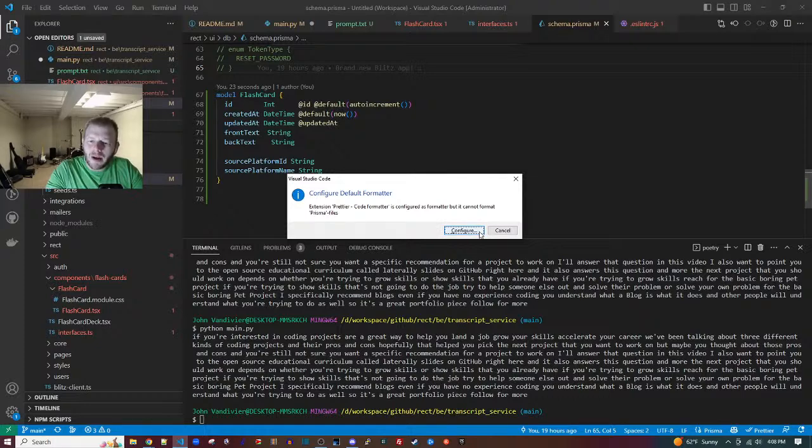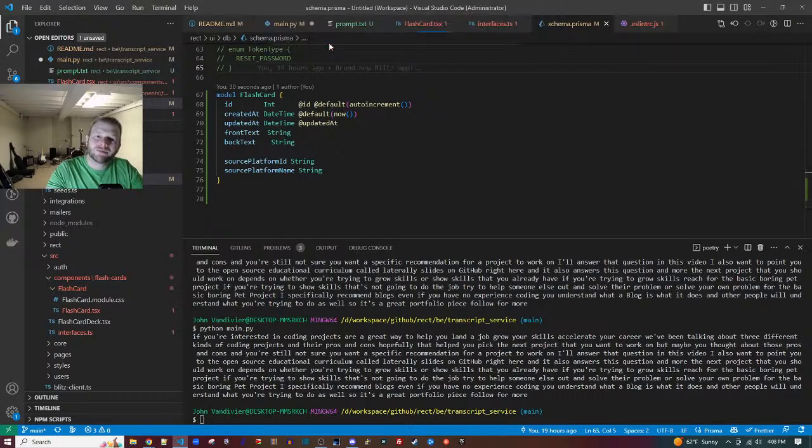Prisma cannot format prettier files. What? Okay, so here's the flashcard ID. Source platform should be a separate model. Yeah, I think that's probably true. That does not matter for the purpose of the JSON though, but I think you're right. Source platform ID, source platform name. And actually I only want these parts.